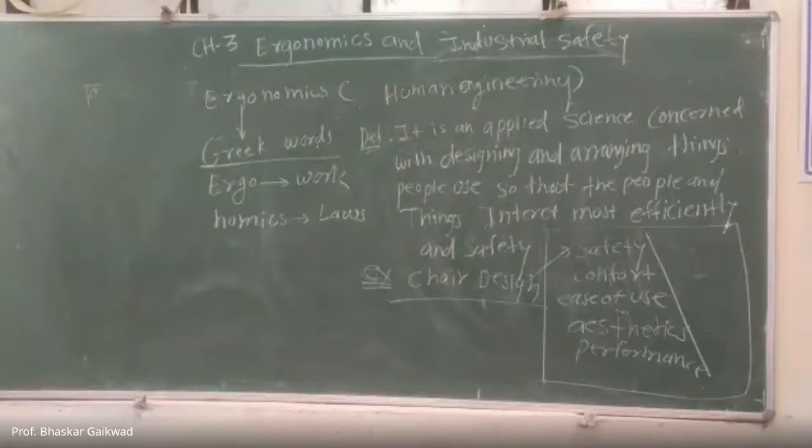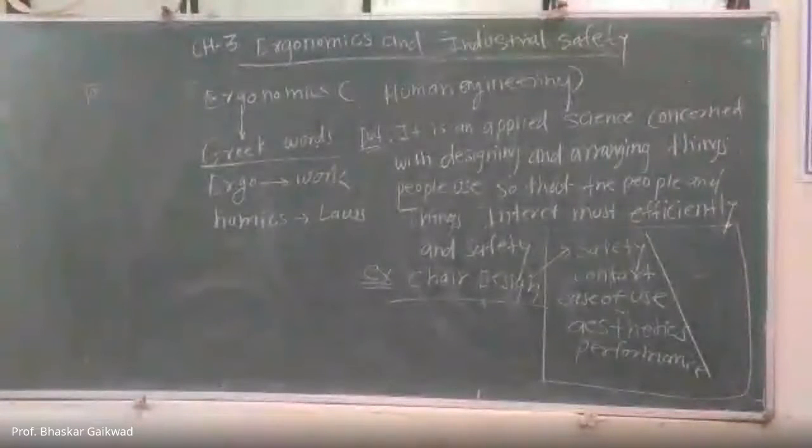So while designing any product or any machine or any thing, you have to remember these 5 points. The product should be safe, not harmful to others, comfortable, easy to use, aesthetic means it looks good, and its performance means reliability, its life. Okay, so these things will be there. So up to here the concept of ergonomics is clear. Then we'll go to the next part, the man-machine system. Anybody having any doubt, you can ask,